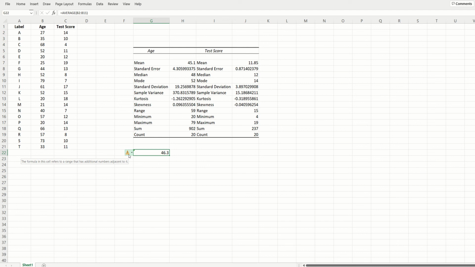That's warning you that you've not selected the entirety of the age column. So what I'll do is I'll go back and return to the average of B2 to B21. I can also drag and copy this formula. If I select the bottom right hand corner, I can drag this formula to the right, and you'll see